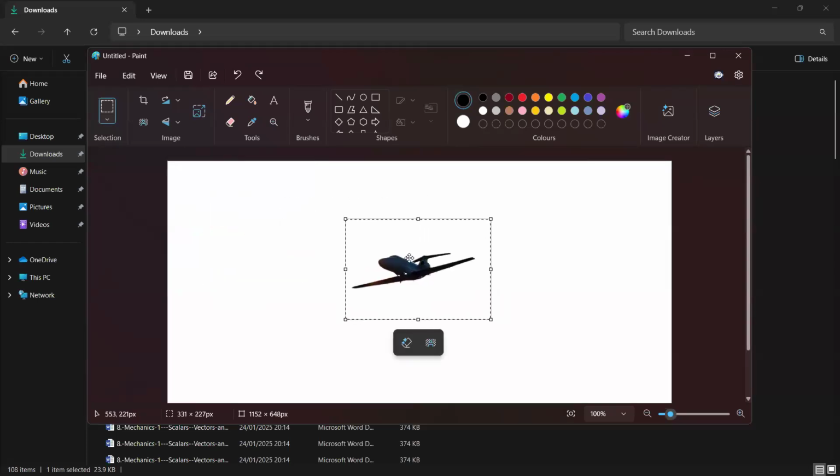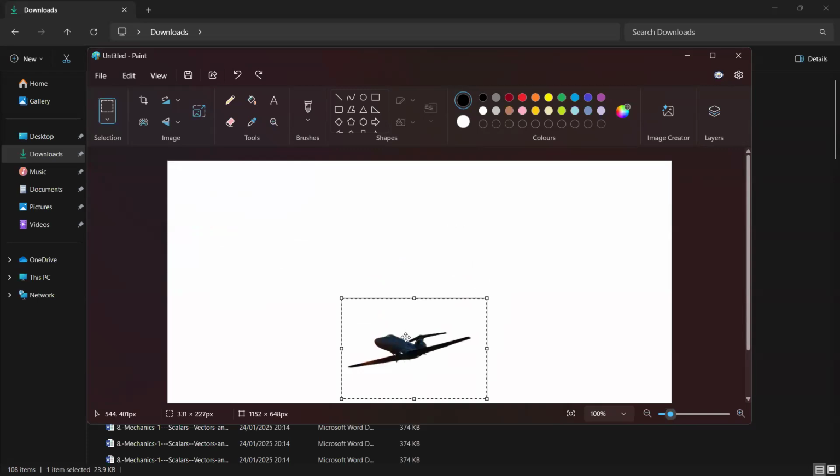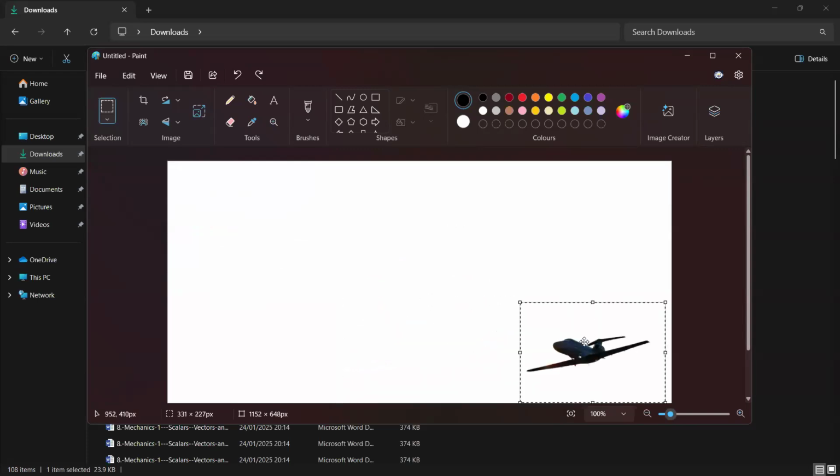Okay, keep dragging it down. To the right hand side. Drag to the right. Nice. Now we want to reduce the size, but I want to show you how to do it.